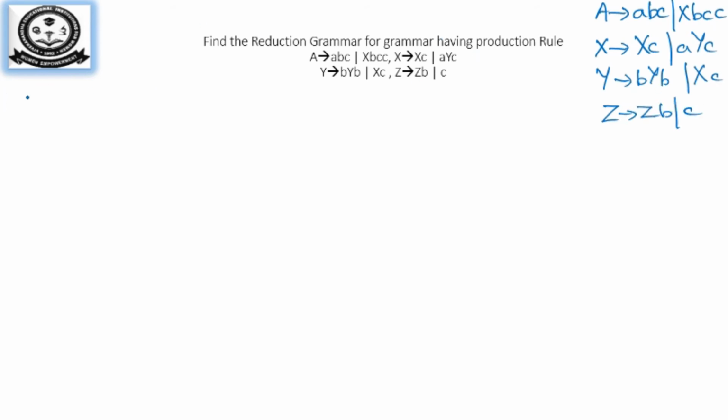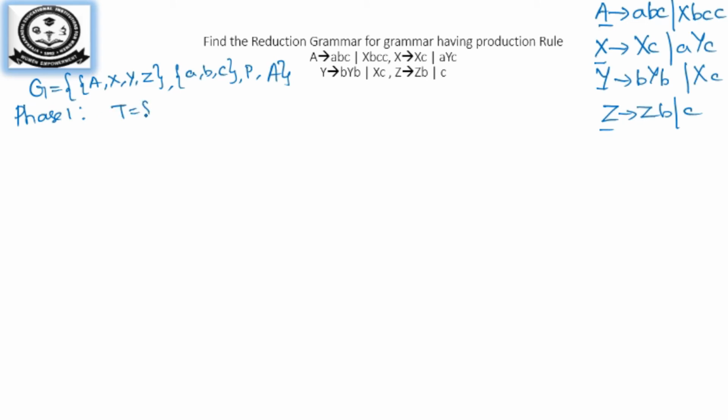Right. First, what is the grammar given over here? We'll write the grammar. What are the non-terminal symbols we have? A, X, Y, Z. Is there anything else? No. And the terminal symbols are A, B, C. Do we have anything else? No, we don't. And P is the production rules. So what will be your starting symbol here? Always the first production rule's first left-most non-terminal symbol we take as the start symbol. So you will have it as A over here. Now phase 1.